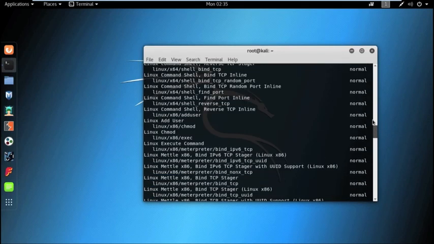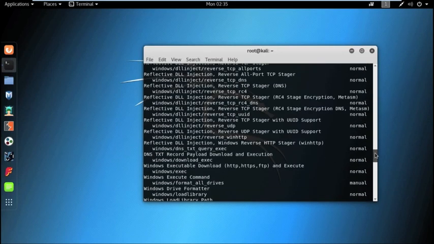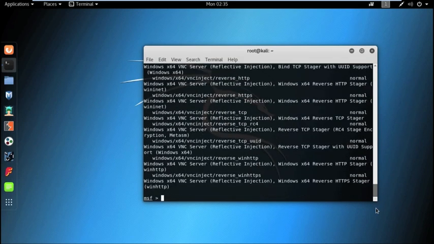All the payloads are listed here. To see all the exploits that are available on the Metasploit framework, we use the command show exploits.